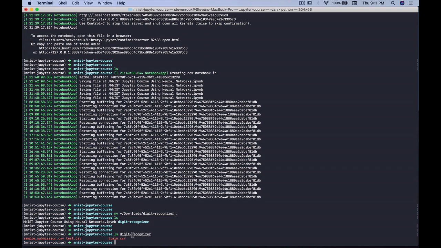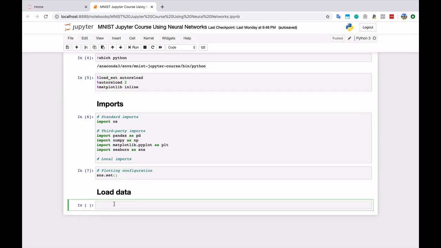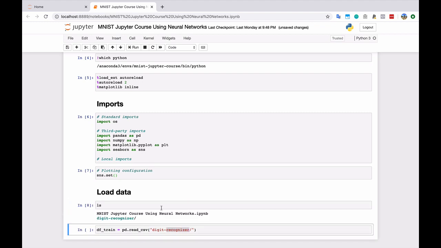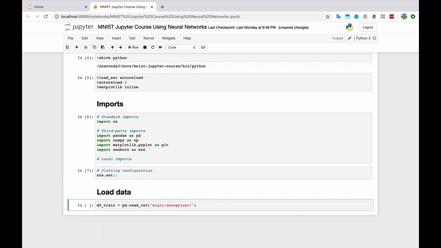So we have our data set here, digit recognizer. How do we get that into our Jupyter notebook? Well, it's very easy using pandas. We can just say df train, so df for data frame here, equals pd.read_csv. I'm just going to give it the path to digit recognizer, the folder that we're currently in. If I do a little ls in here, you'll see this is where we are. Digit recognizer